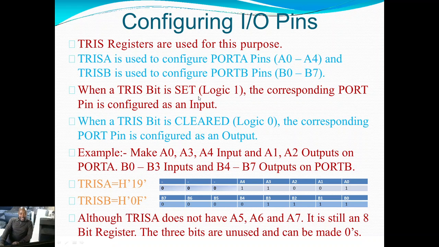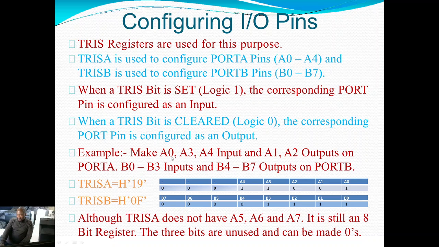If you want to make a pin an input, you must set the corresponding TRIS bit of that pin. Now, when a TRIS bit is cleared, the corresponding port pin is configured as an output. To make a pin an output, you must clear its corresponding TRIS bit. An example: